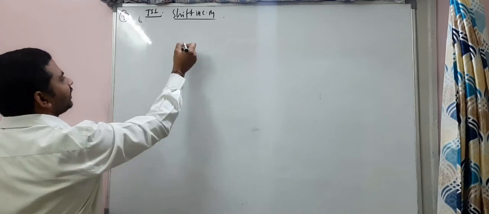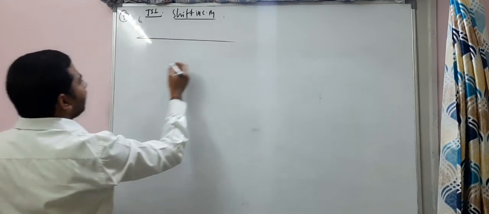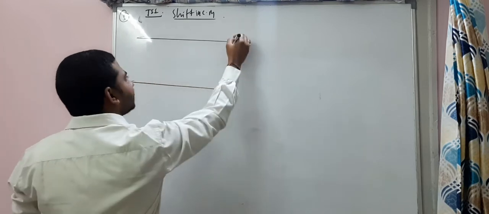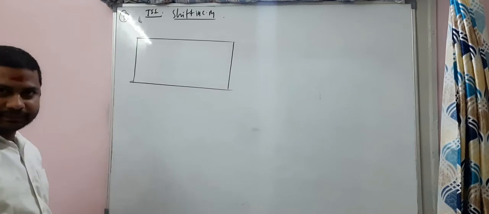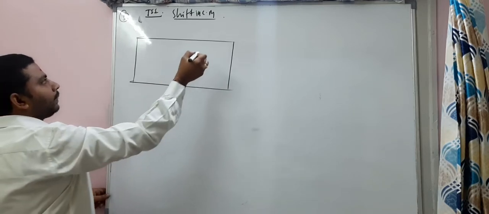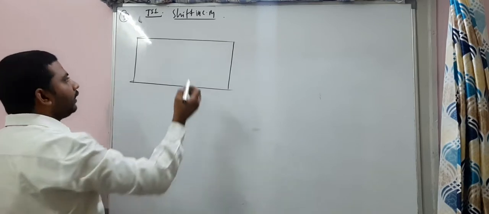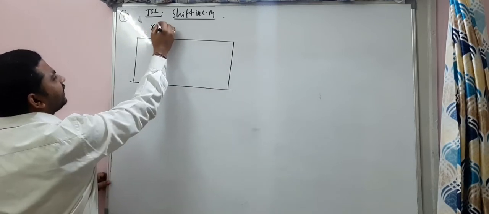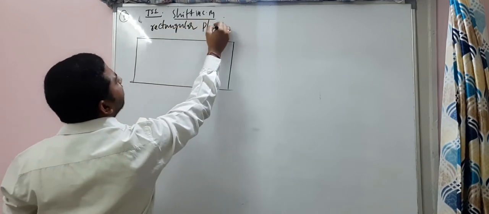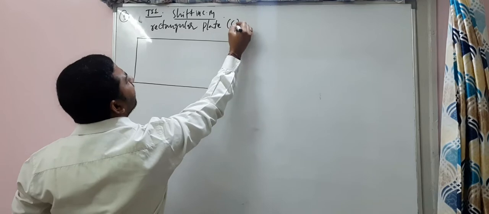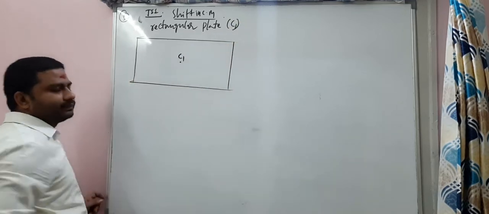What is this? Look at here. There is a rectangular plate I have like this. Observe carefully. This rectangular plate will have a center of mass, that you know. I am writing everything so that you keep your notes safe. It is a rectangular plate whose center of mass is C1. This is the center of mass C1. All right.